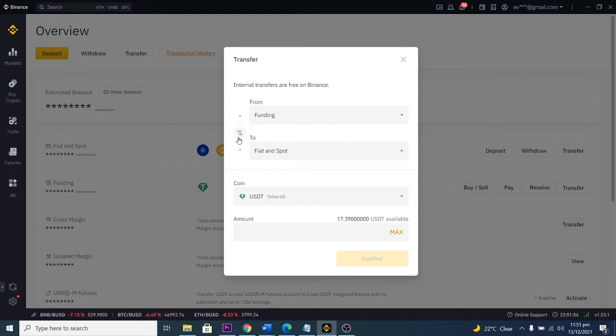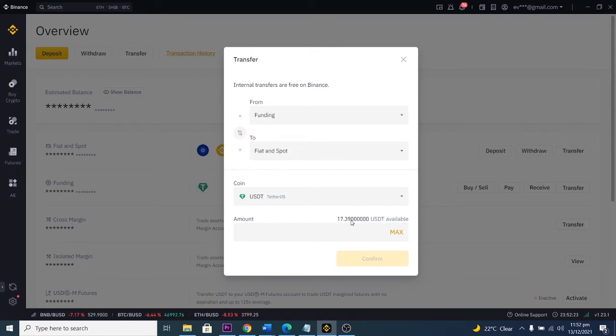If I swap it here, you see that this 17 USDT will not be there anymore. You see it has 0.0028, simply because I don't have USDT in my fiat and spot. Whenever I buy USDT, I use it to trade immediately. I only have this 0.000028. But if I swap it again, funding is up, then it shows me 17.39,